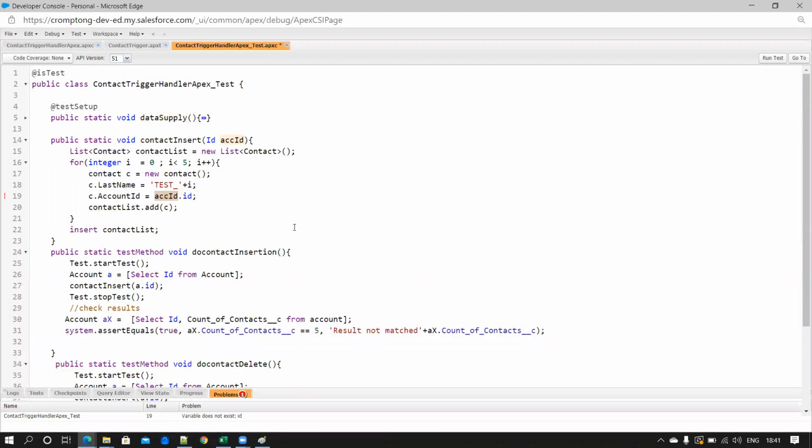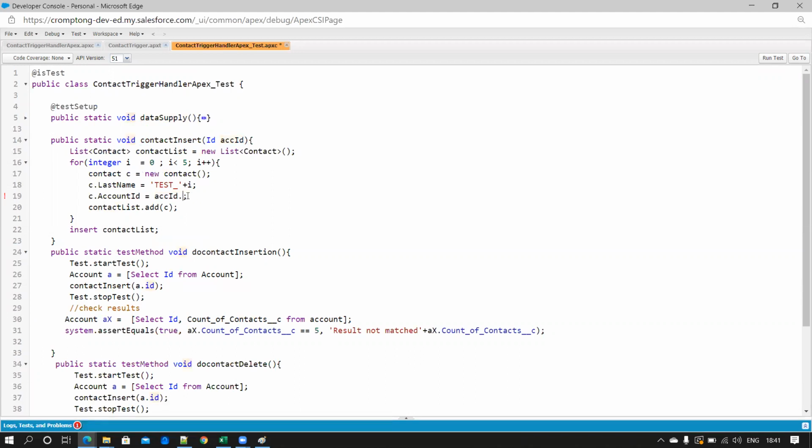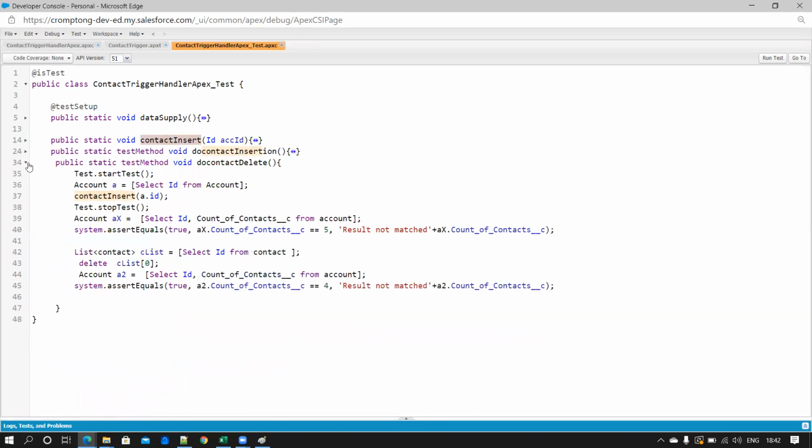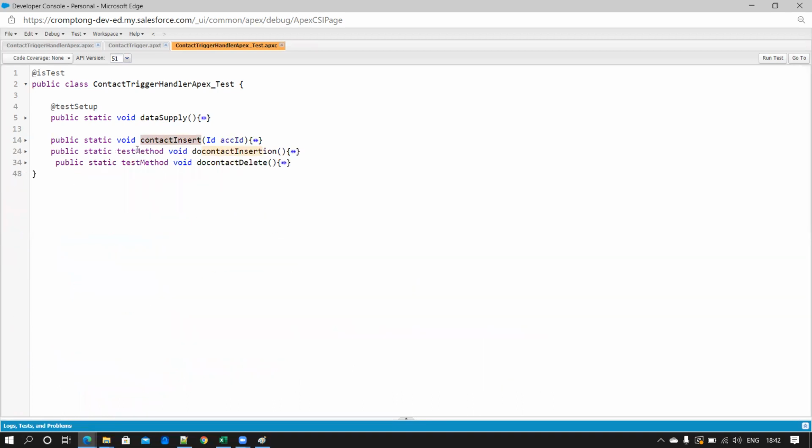ID is not a valid. Correct, because directly you are passing ID, right? Okay, see, this is a test setup method. This is a normal method. These are the two test methods, which is covering the negative, which is covering the insert scenario, which is